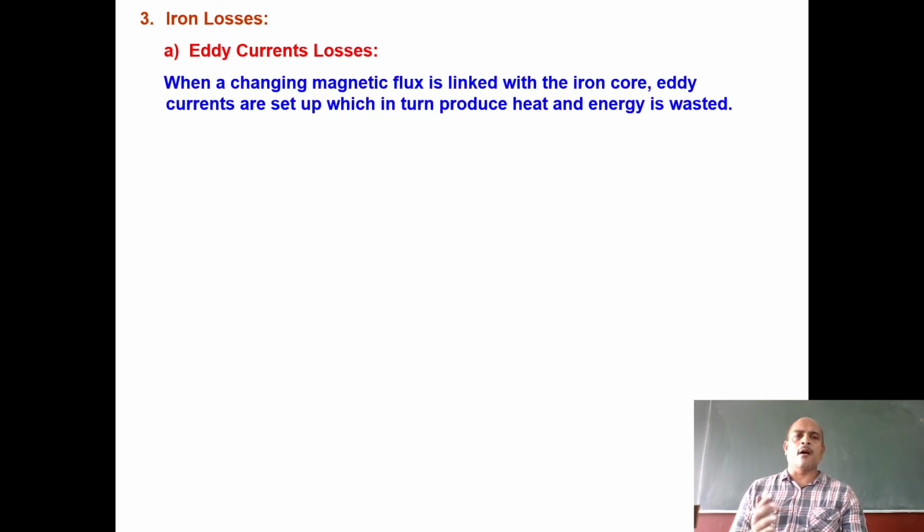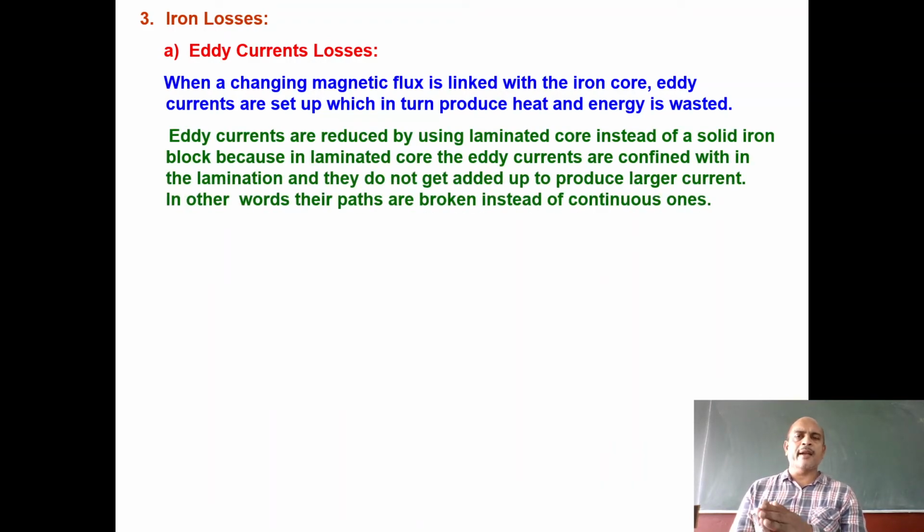Third one is iron loss. Which type of iron do we use here? We use an iron core over which the coil is wrapped. So bulk pieces of iron create eddy currents, and this is loss in the form of eddy current. So we can also call it eddy loss. This flux which we want to convert from high voltage to low voltage, a certain amount of flux gets absorbed by this iron piece, and the iron piece makes eddy currents, which can be lost in the form of heat and energy.